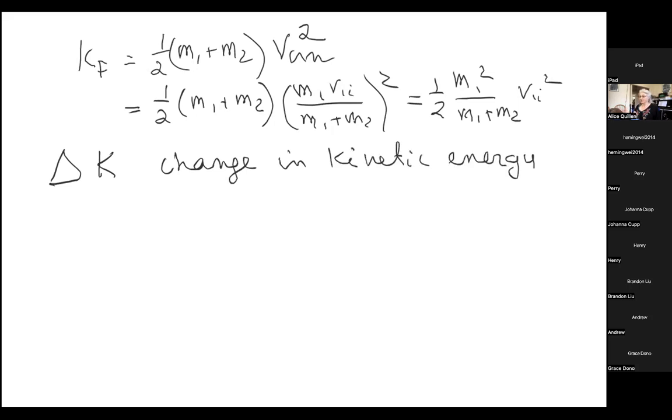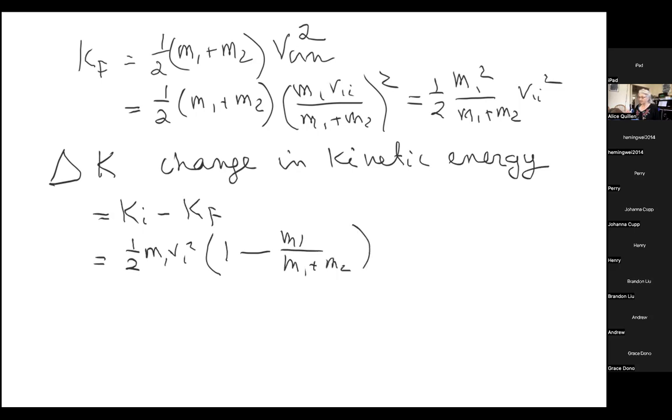So, I mean, some energy should be lost, right? So let's compute it. It's going to be the initial kinetic energy minus the final kinetic energy. Putting in our expressions, V1 squared, that was the initial one. And then if you look here, we've got this factor of M1 over M1 plus M2. So this gave us the initial kinetic energy, and then we have this extra factor of M1 over M1 plus M2 for the final kinetic energy. So if I rearrange this,